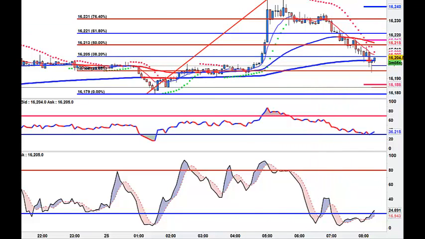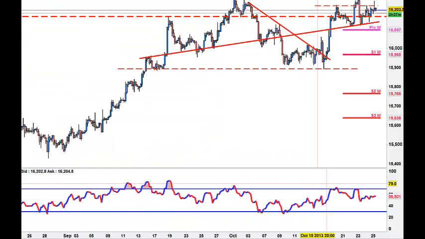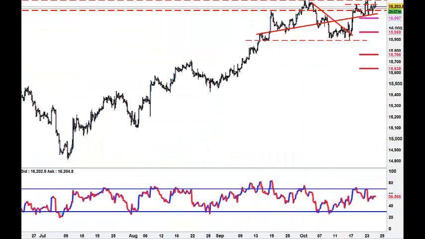If you look across the time frames, the 15 minutes is coming off the 100 EMA with low stochastics. We've got low RSI and low stochastics on the 5-minute chart. On the 4-hour chart,